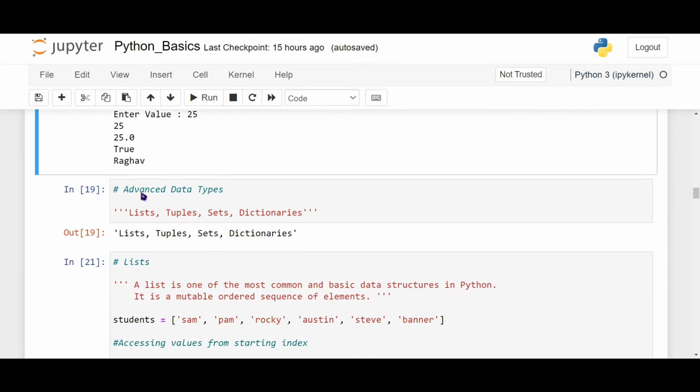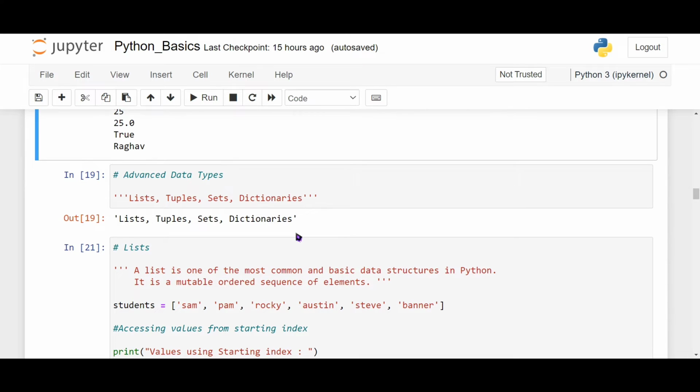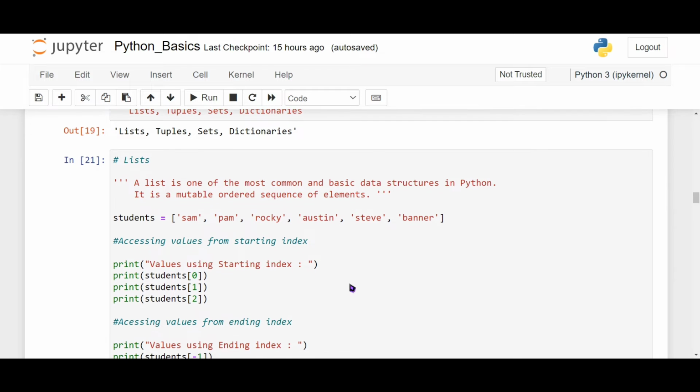Now we will discuss advanced data types. Advanced data types are list, tuples, sets, and dictionary. The list is the most commonly used data structure in Python. It is an ordered sequence, and it can be changed according to the user's need.